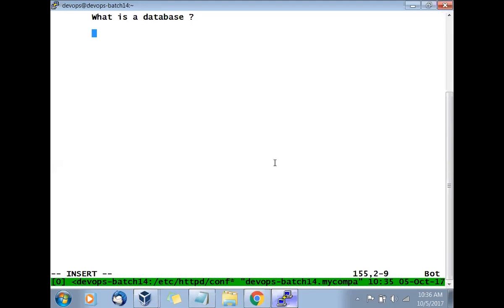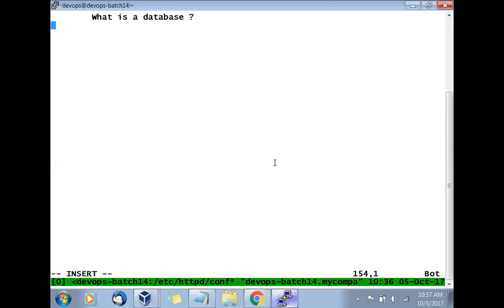Store data in index pattern. Yes, that is a very, very correct answer. Why do we need a database? Because the data is stored in an index. What is an index? Pre-sorted data. What does indexing mean? Pre-sorted data, either alphabetical sorting, ascending order, descending order, or whatever. That's why your database search becomes very, very fast, and that is why you need a database, because you're pre-arranging the data in the index form.